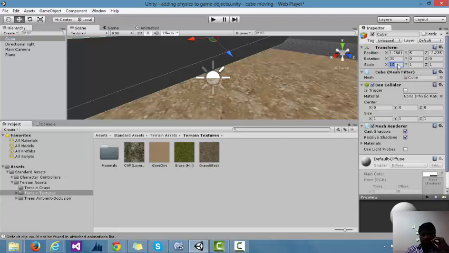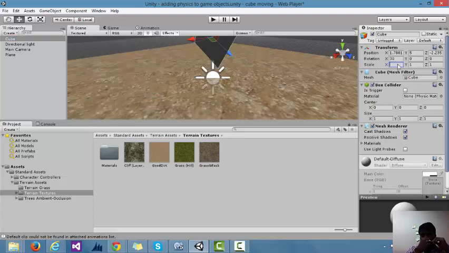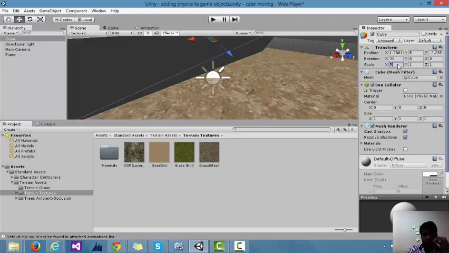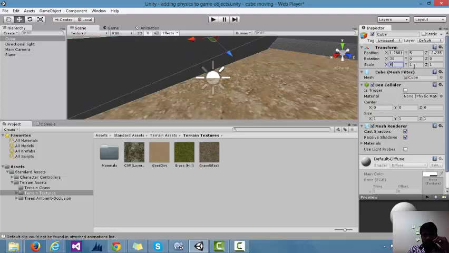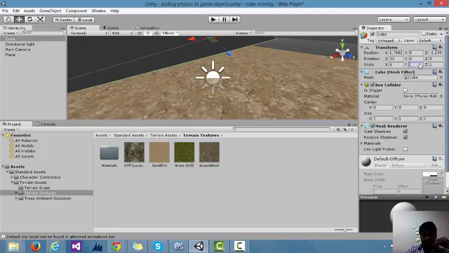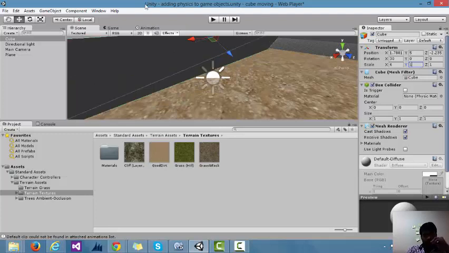We can change the dimensions accordingly in the Inspector window. So 5 would be better. Check it with 6, and y to 5.